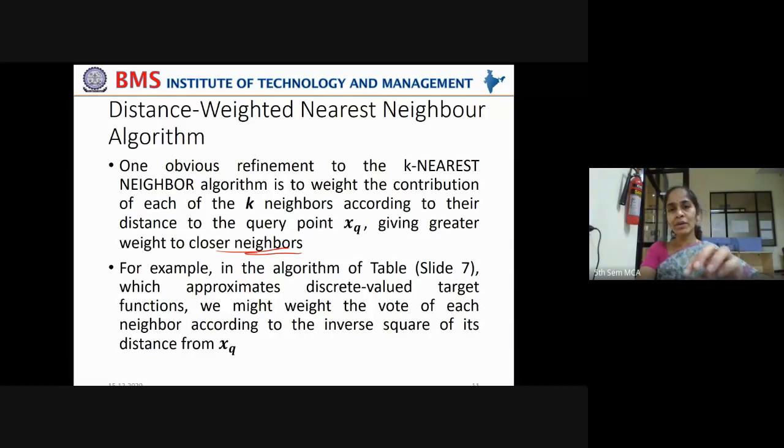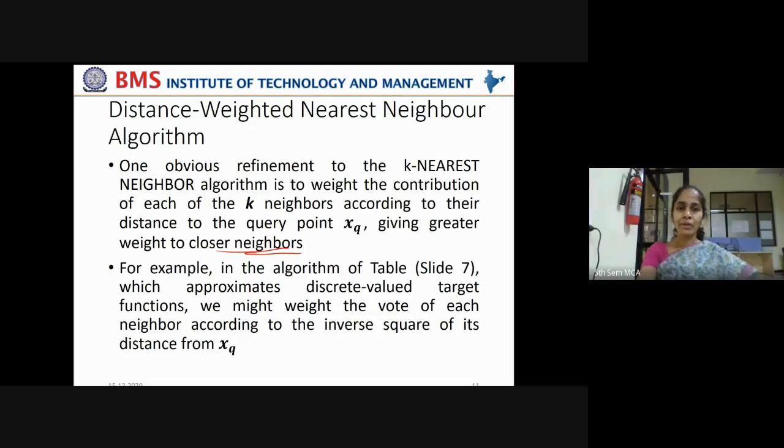Say some of the neighbors are very close to the new instance. In that case, add more weight to it. And some instances are far away from the new instance. Add lesser weight to it. So all the nearest neighbors will be given more weight,